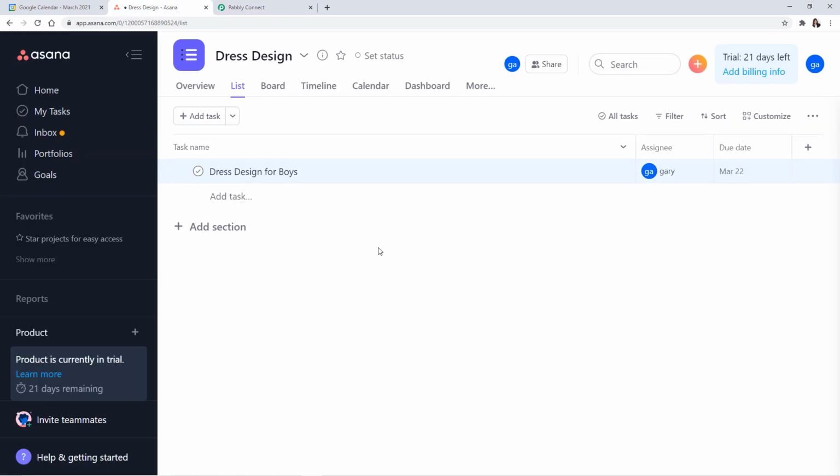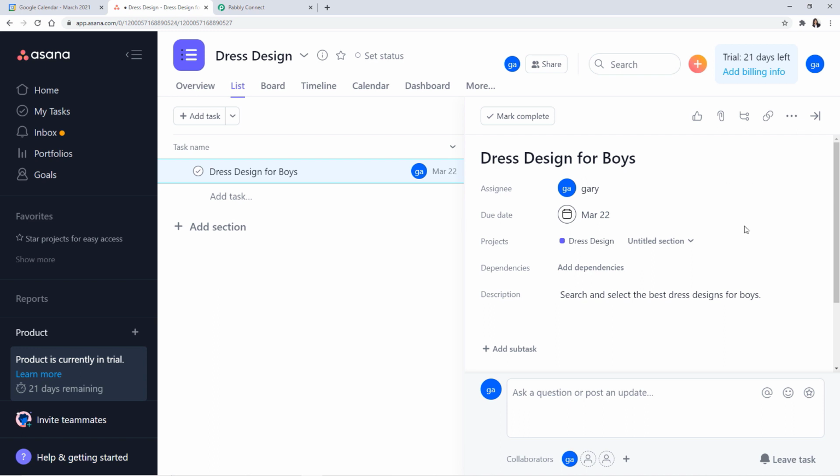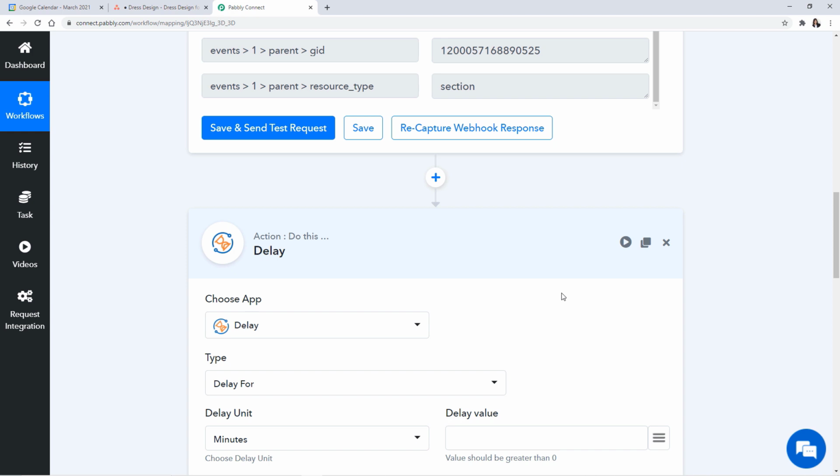Actually what happens is, along with the task name, I want to send all the task details like the description, the due dates, etc. to my Google Calendar. But the problem is, as soon as I enter the task name, my trigger gets executed because Asana has this auto save functionality. And when my tasks basically get executed, my Google Calendar action step also get executed and get started at the same time. So now what I want is, I want this automation to be delayed for at least 1 minute while I enter the rest of the details. And that is why I'm going to use this function that is called delay.